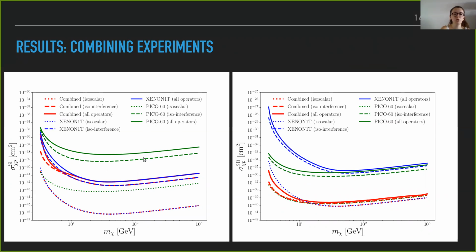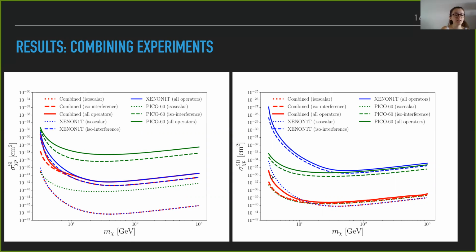So with this knowledge, we wanted to update these plots I have shown you already, and we added 3 more lines for the combination of experiments, which you can see here in red. And the biggest impact is probably visible on this right side. So check the conservative upper limits for the single experiment, which are here. And you can see that by the combination of the 2 experiments, we get stronger limits by roughly 4 orders of magnitude. But this limit is still fully conservative.